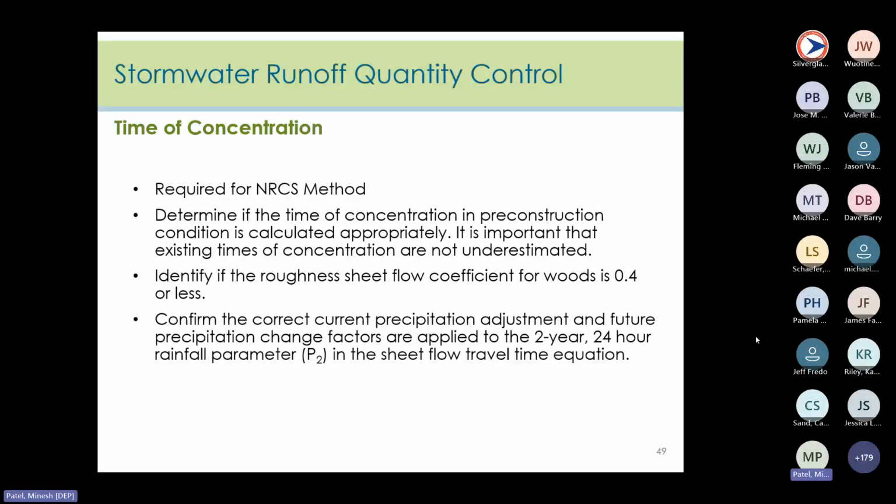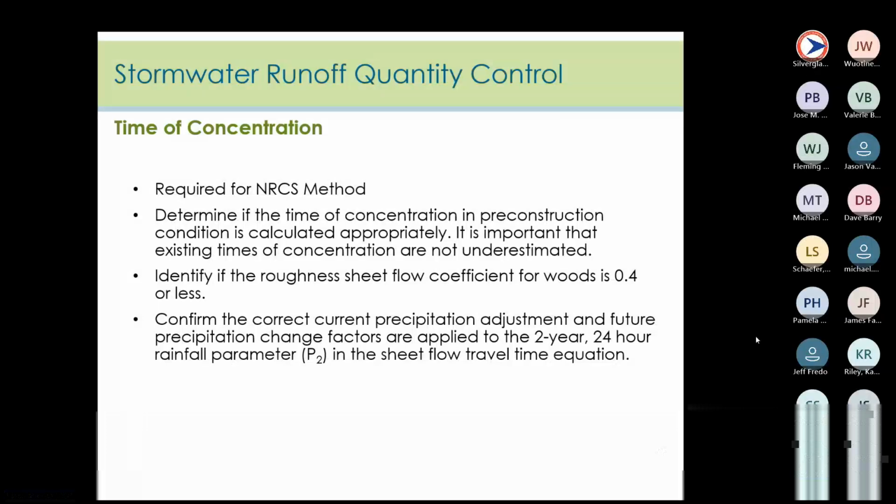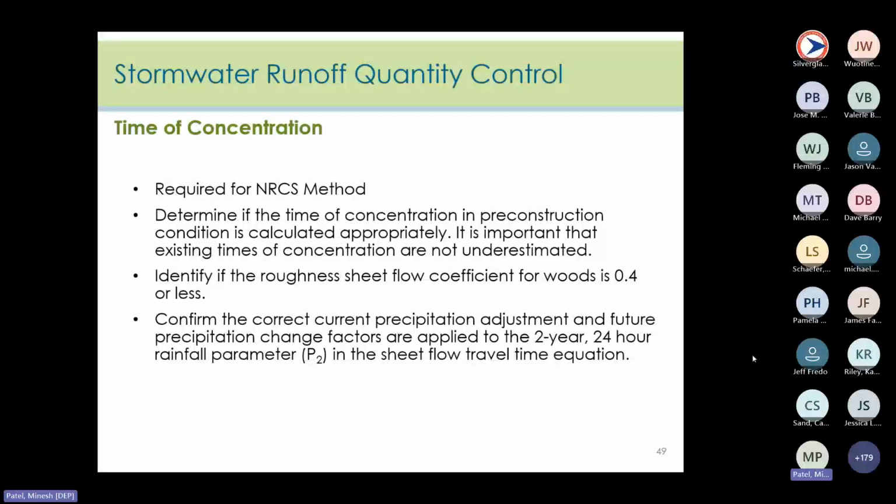According to the NRCS, the maximum Manning's roughness coefficient to be used is 0.8 for woods with dense underbrush, but in New Jersey, we do not have that situation. And the maximum Manning's coefficient for sheet flow in New Jersey that may be used is actually 0.4. Rachel did cover this in Module 2, and you can find more info about this in Chapter 5 of the